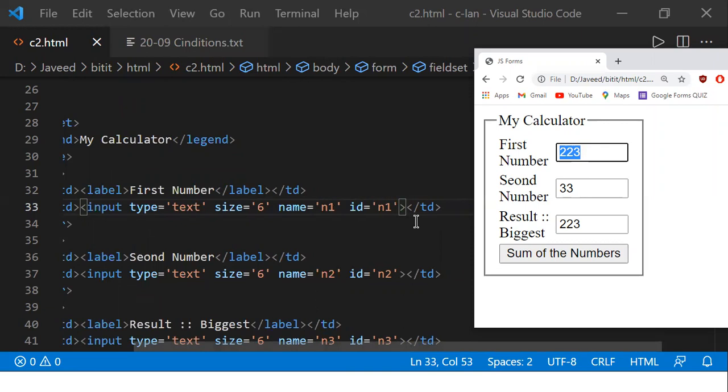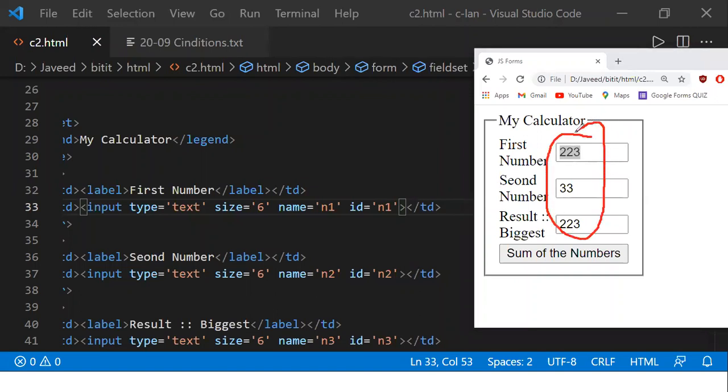Manaku multiple text boxes unnai manaku. When there are multiple text boxes, from which text box do I want the data? So for example, I'm having a first text box, a second text box, a third text box. So here I'm having 3 different text boxes. From which text box do you want to get the data, right? So here we have defined the 3 text boxes.